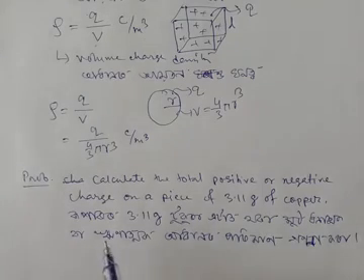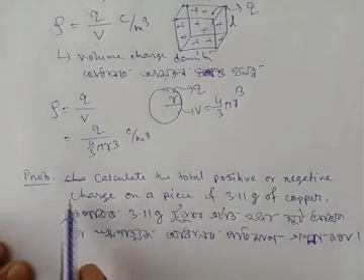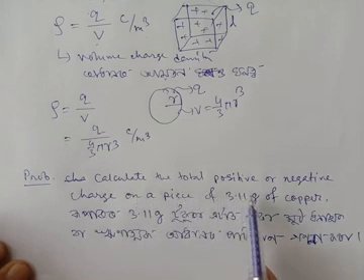Now we'll try to solve a problem. আমি এটা problem সমাধান কৰাৰ চেষ্টা কৰিম। Calculate the total positive or negative charge on a piece of 3.11